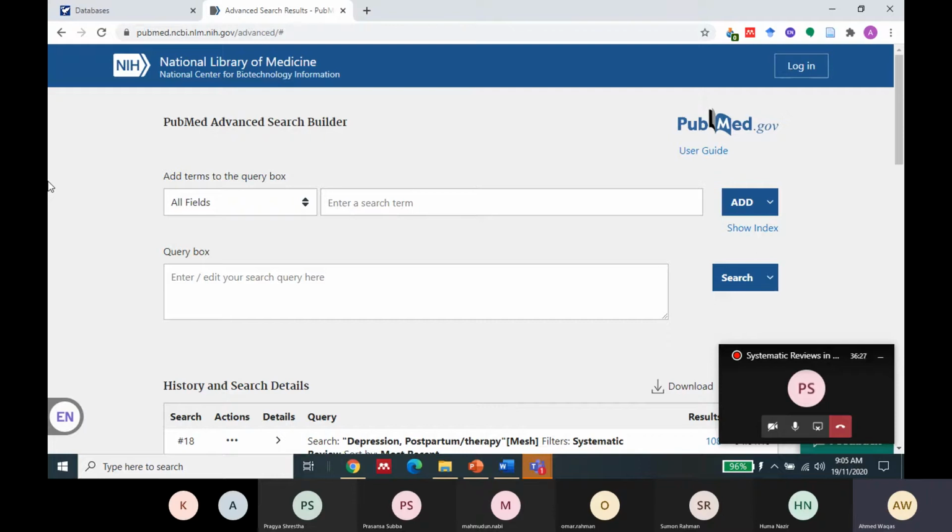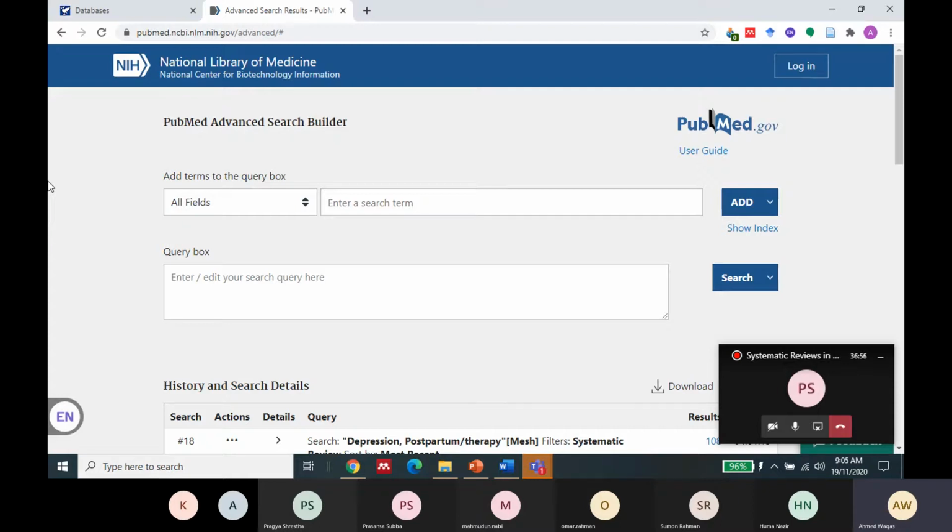So, for instance, if I talk about development of search strategy in my systematic review, what I would do is say that we developed a search strategy after